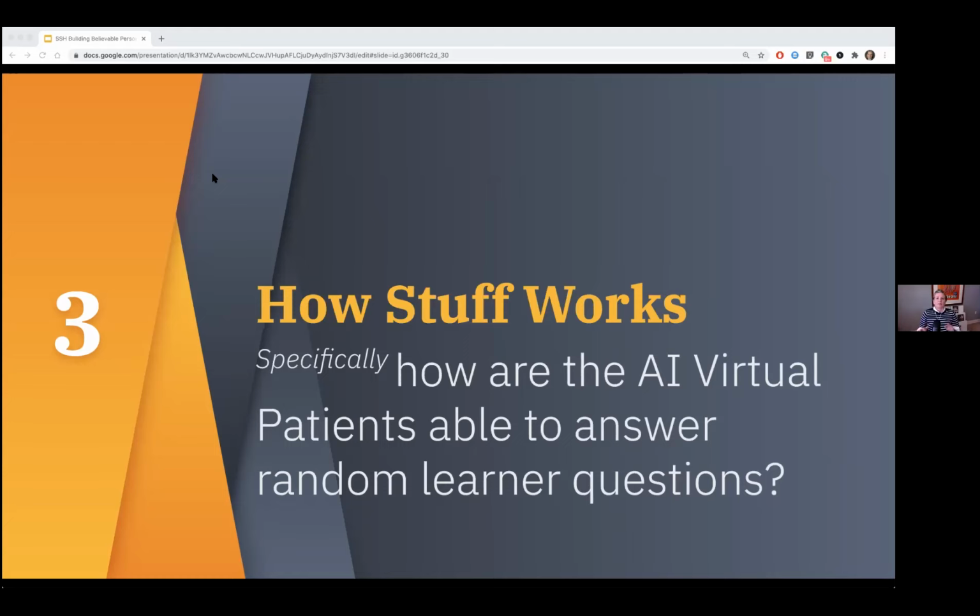And while I can't speak to many of these platforms and how they work, I can speak to how simulators using the PCS Speech Engine, our platform, work. I think that in building believable personas, it helps to understand how something works. So that's what we're going to talk about next, how the PCS Speech Engine, how the PCS AI works.